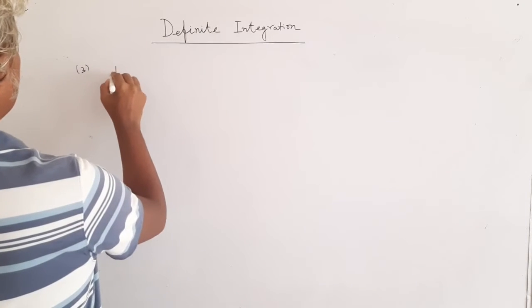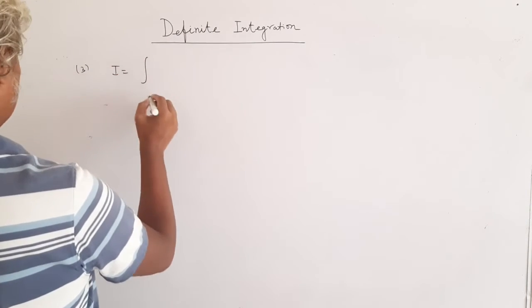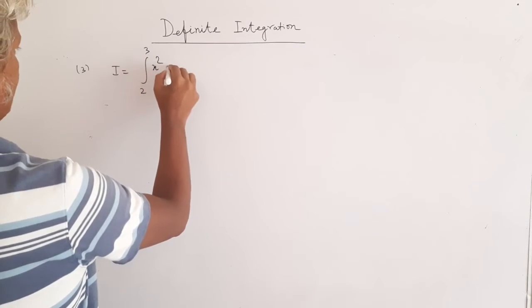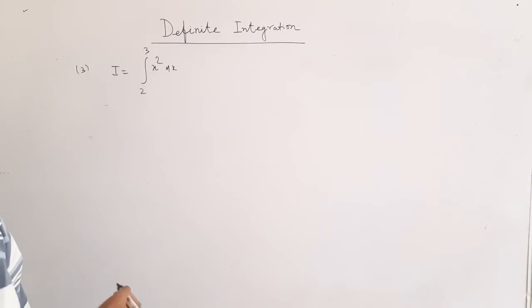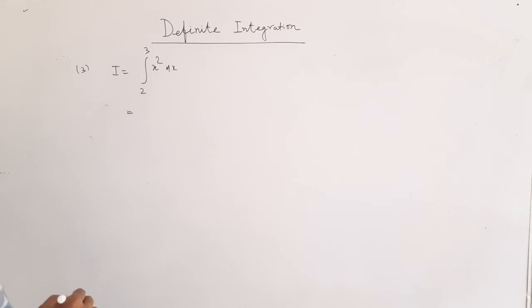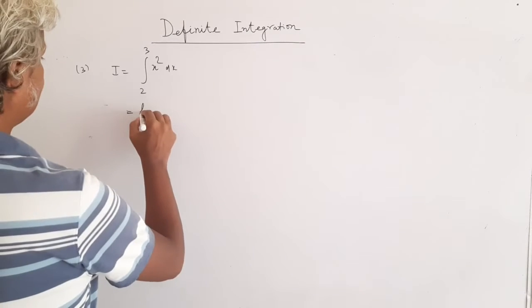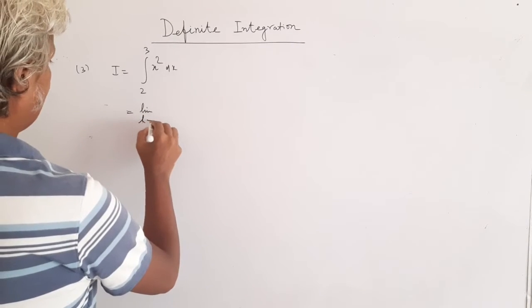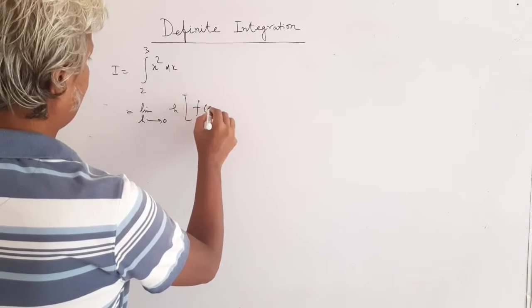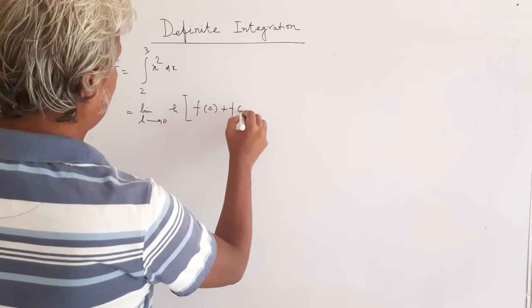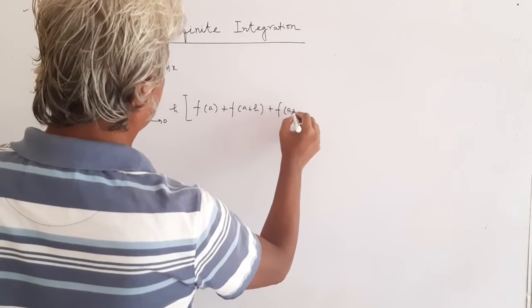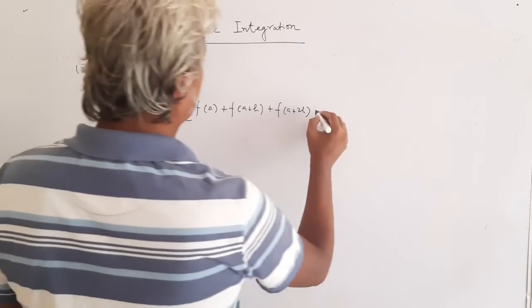This question number 3 goes: integral from 2 to 3 of x square dx. Okay. Now first we'll write the definition, that this one should be limit h tends to 0, h times f(a) plus f(a plus h) plus f(a plus 2h) plus